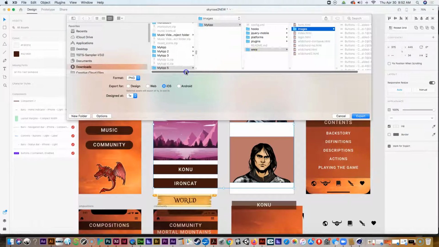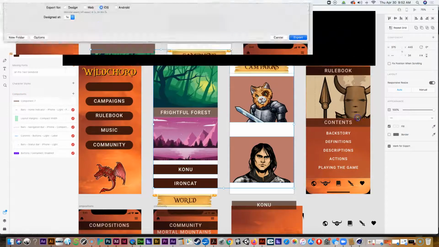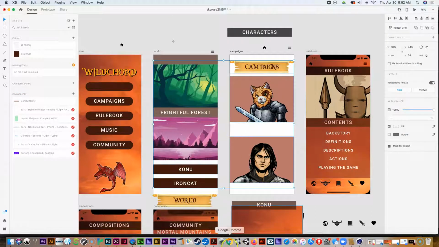Let's see, I've got to make sure I'm in the right place. Looks like I am. So I'm going to go ahead and export all those. Make sure I'm at ping and iOS 1X, and it's exported everything. So now,